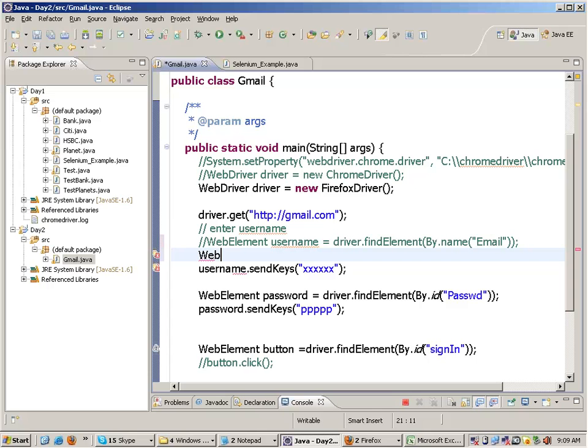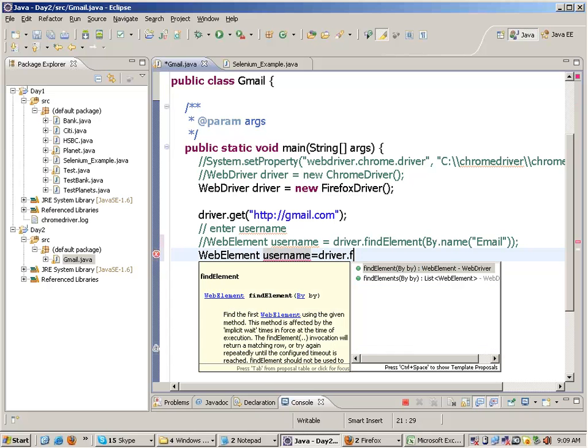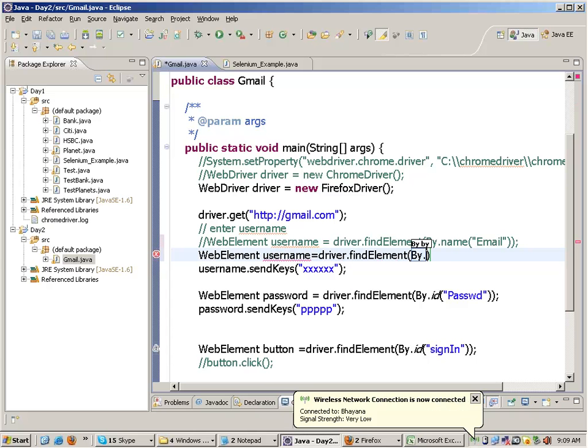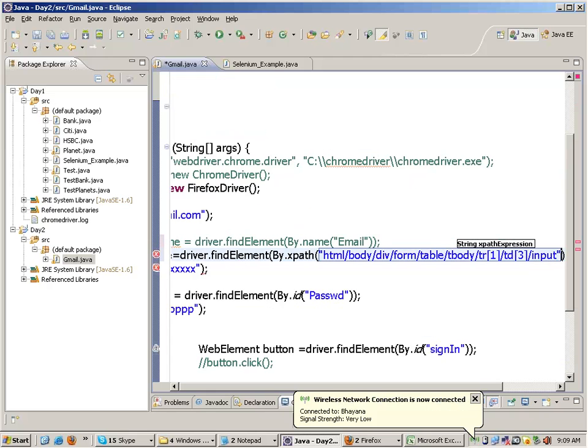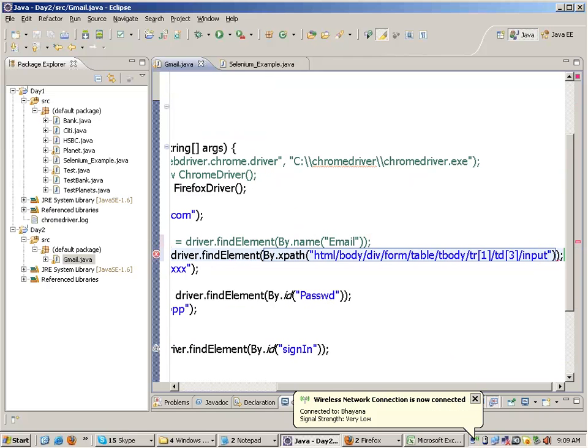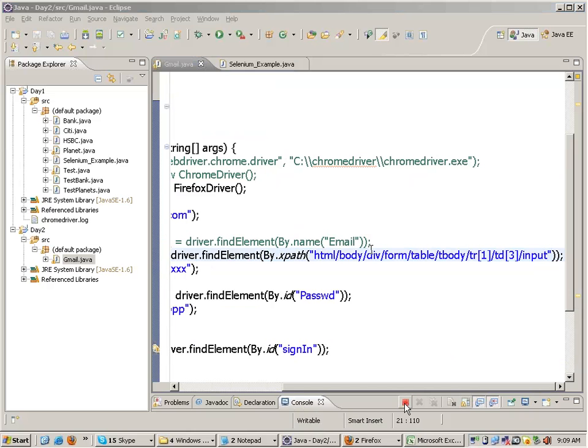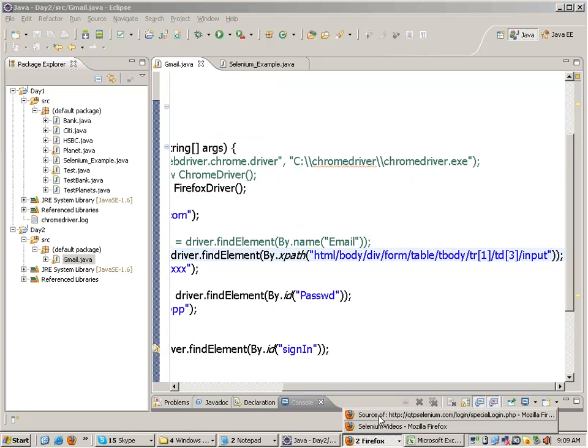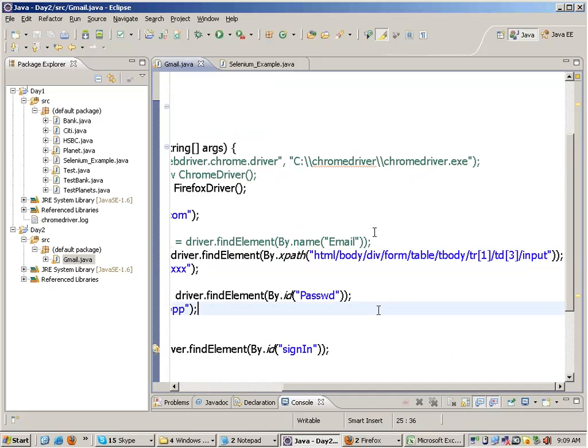You can write WebElement username equals By.xpath, specifying the XPath like this. When you run this, you will get the element extracted from the page as well. So if you run this,